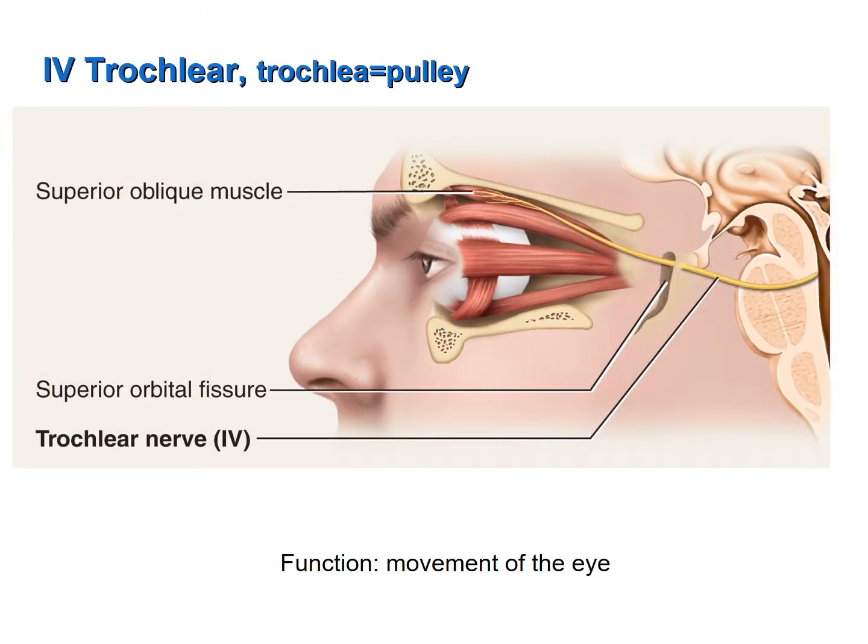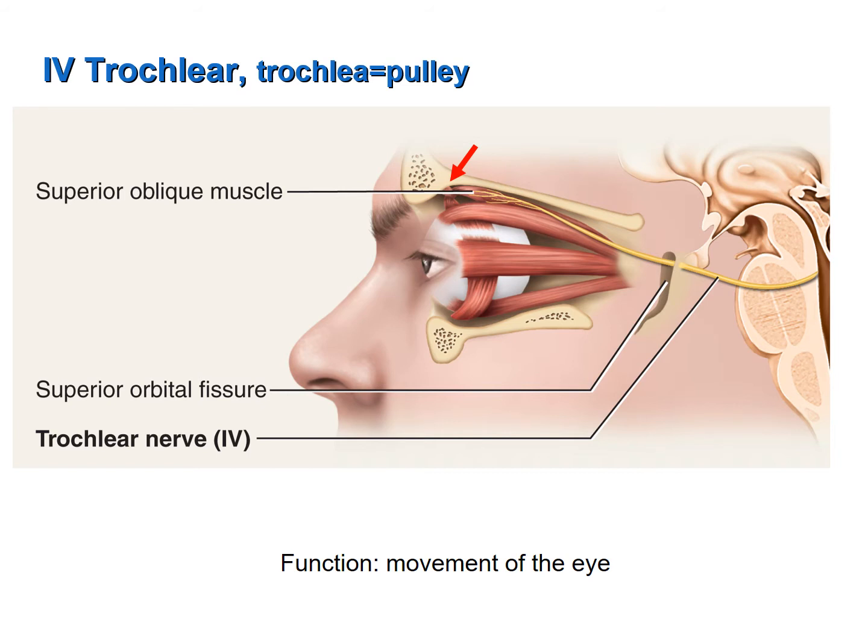Cranial nerve number 4 is the trochlear nerve. Trochlea means pulley, and I'll explain the name in a moment. The trochlear nerve is responsible for certain movements of the eye. The muscle that the trochlear nerve controls is the superior oblique muscle, and if you look closely, you'll see that